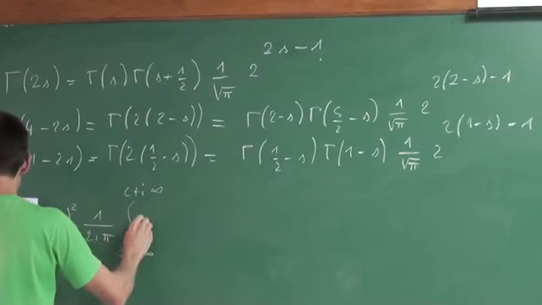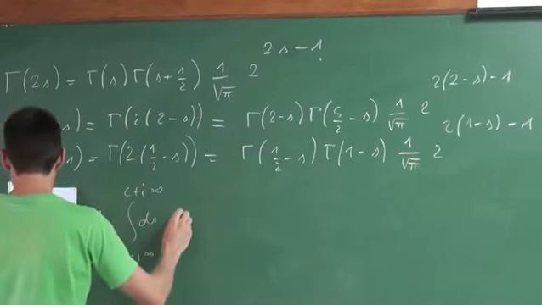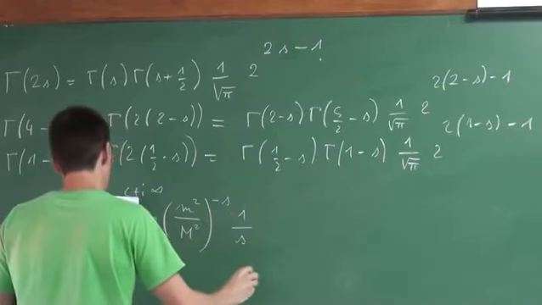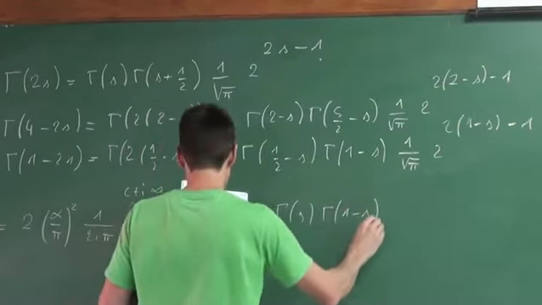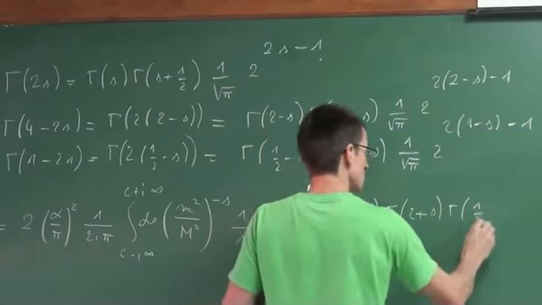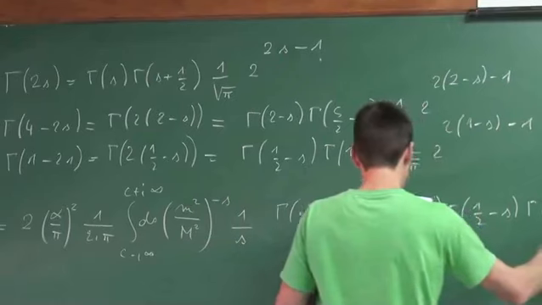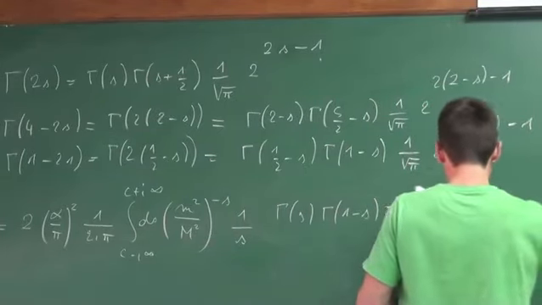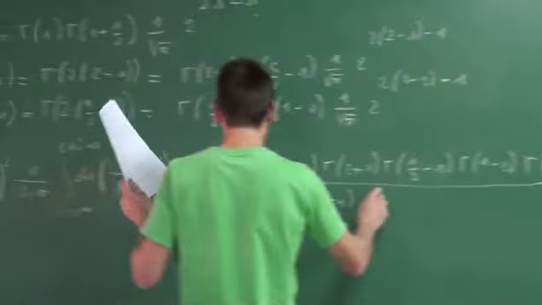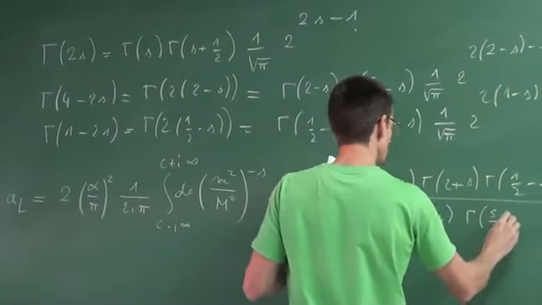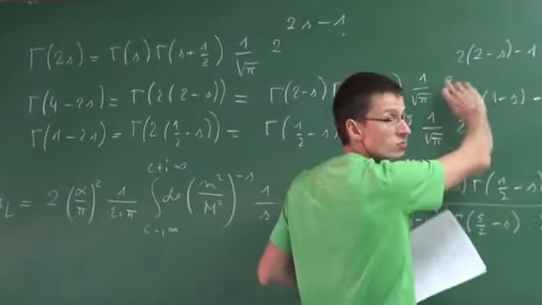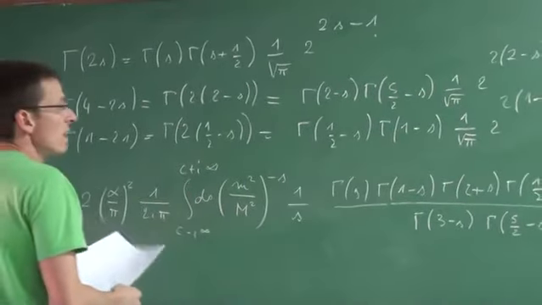Plus infinity, s, n square, minus s, 1 over s, gamma x 1 minus s, plus s, divided by gamma 3 minus s, gamma 5 minus s, times 8, which is 8, 2 to the power 4 minus 1 to the power 3, so it's 8. And now you can use another